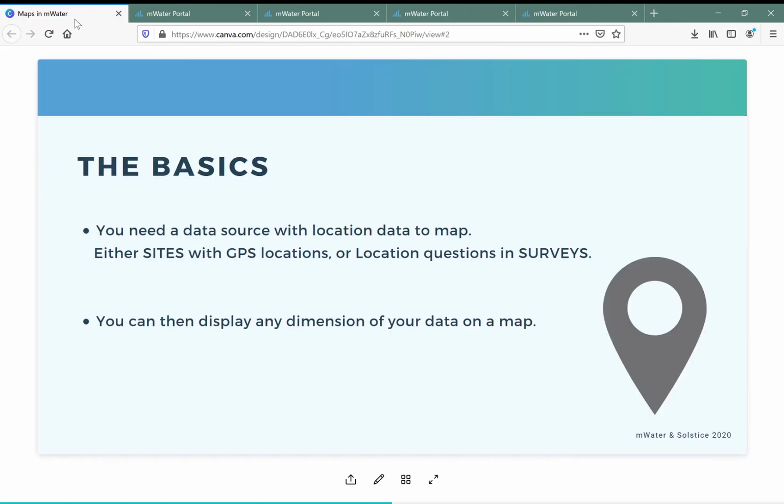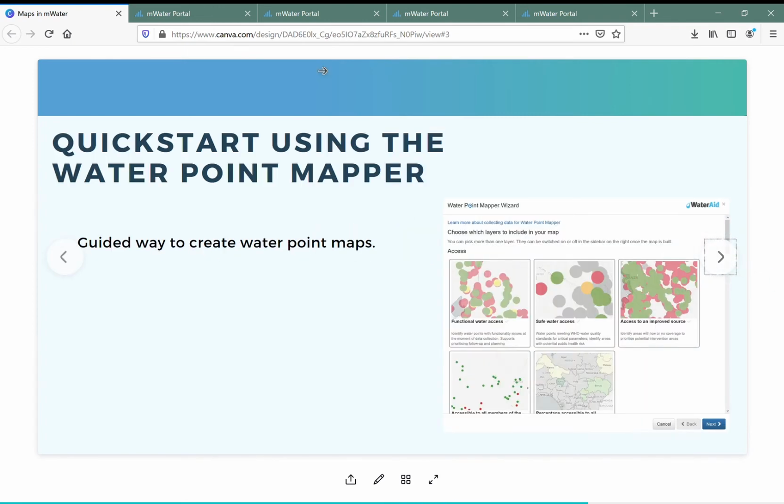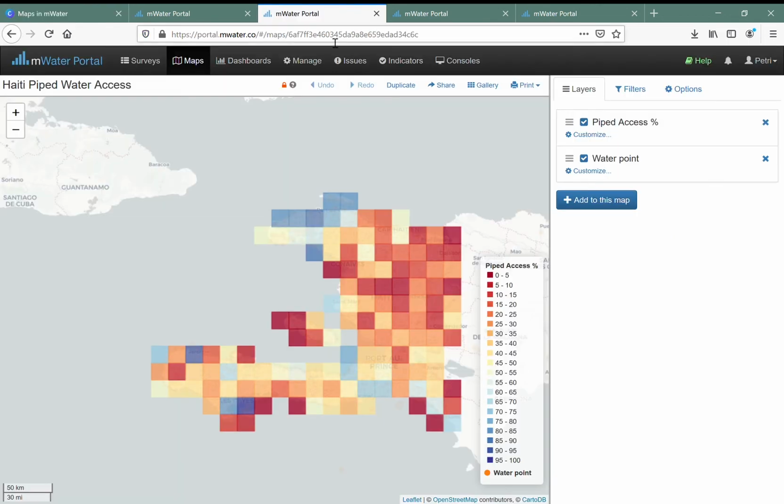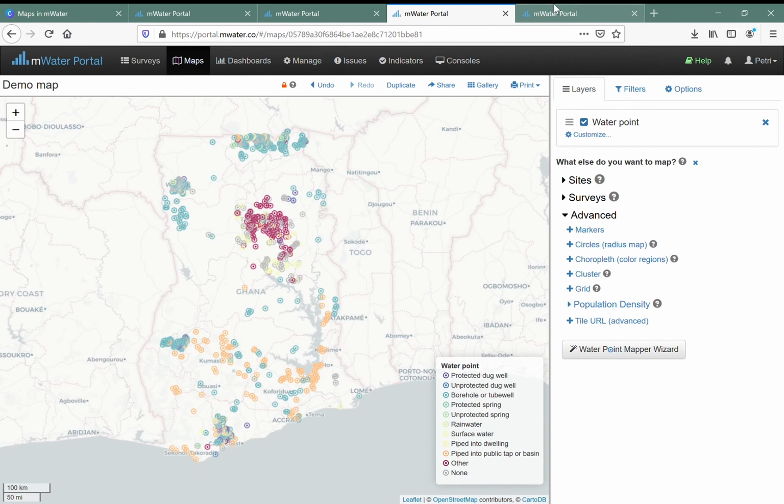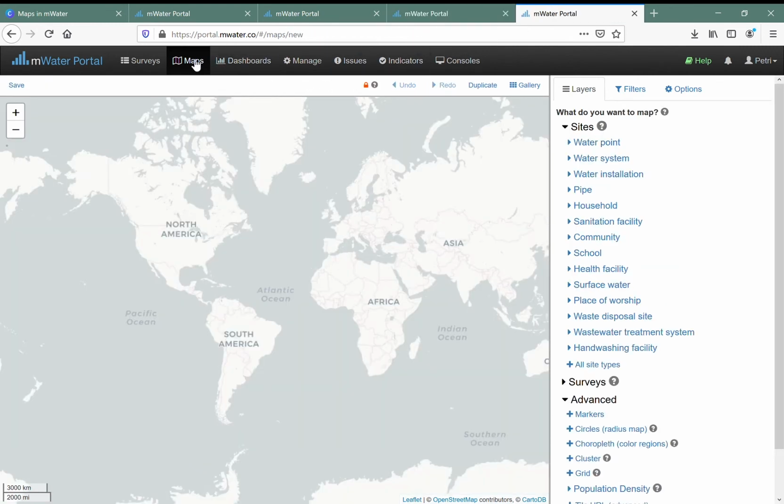Now, I want to touch on another way of quickly getting water point information mapped. You can do that using the water point mapper in just a couple of clicks, which is a guided way to create maps relating specifically to water points. So let's do that with a new map. I've created a new map,